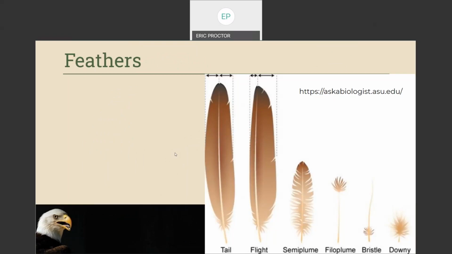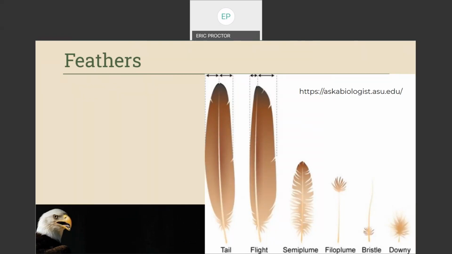Everything about the anatomy of a bird reflects its ability to fly. Let's first take a look at something unique to birds, the feathers. This image, as well as the content I'm going to share over the next minute or so, comes from a great local website that I encourage everyone to check out. It is called Ask a Biologist. You can see the website right there on the feather image. While it started as a great way for kids to reach out to real-world scientists at ASU, it has expanded into a collection of kid-friendly articles and activities.